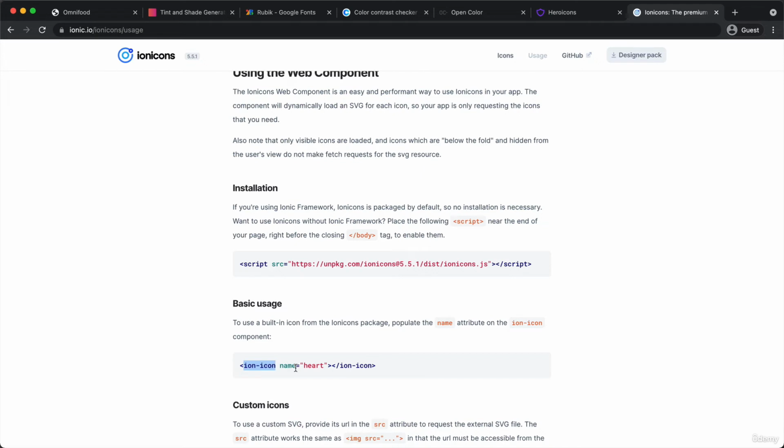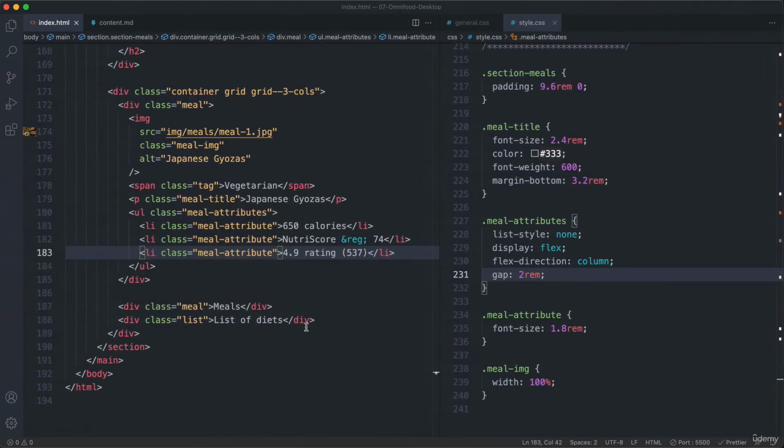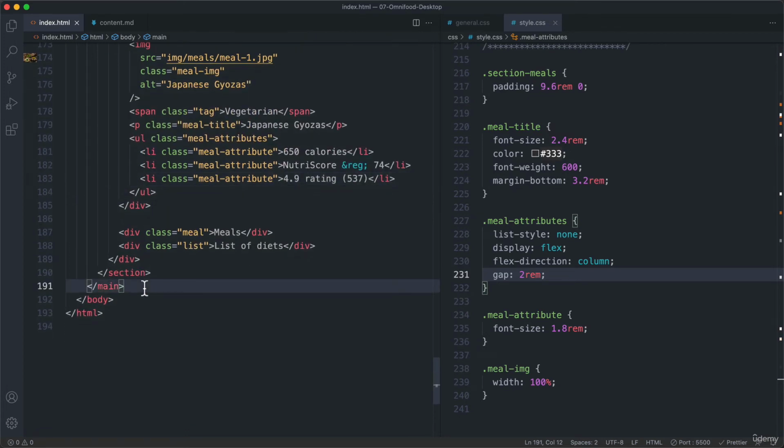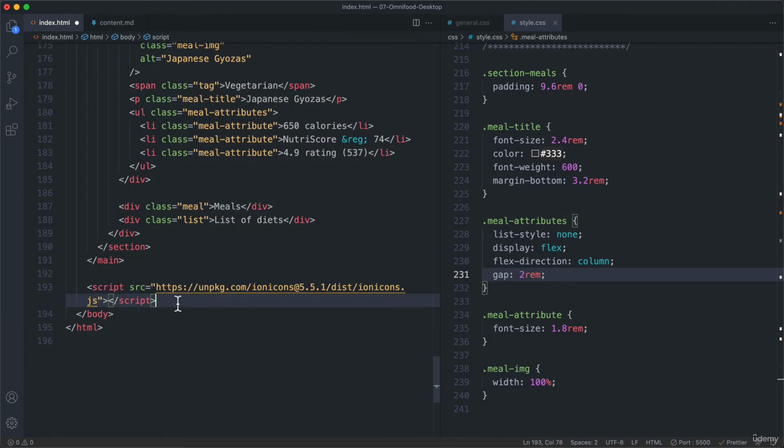And then there we simply can use the name of the icon that we want to use. And so that will then basically automatically inject the SVG into our page. And that probably sounds more complicated than it needs to be, but I just wanted to explain to you how it works behind the scenes. So hopefully you copied that as well, and then just paste it here right before this